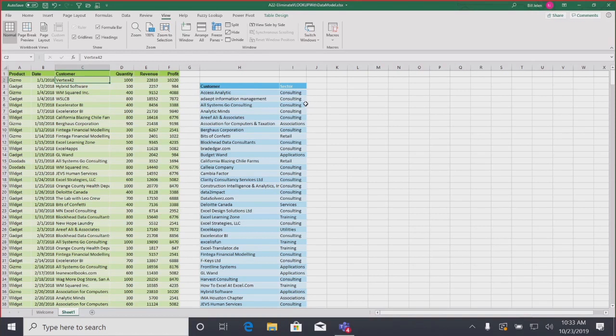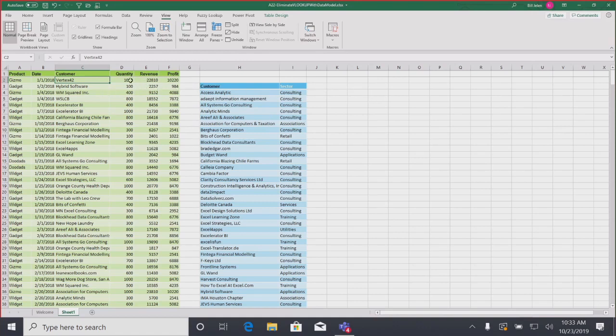And my manager wants me to merge these two. He wants to see total revenue by sector. Well, VLOOKUP, yeah, but think about it. If you really had 200,000 rows of data and you had to put 3 or 4 columns in, doing VLOOKUP is going to be so slow.